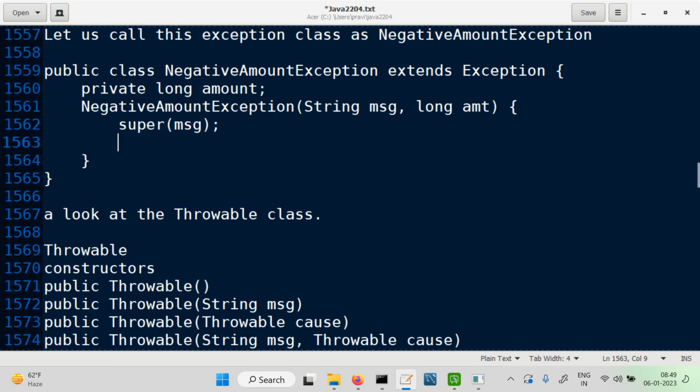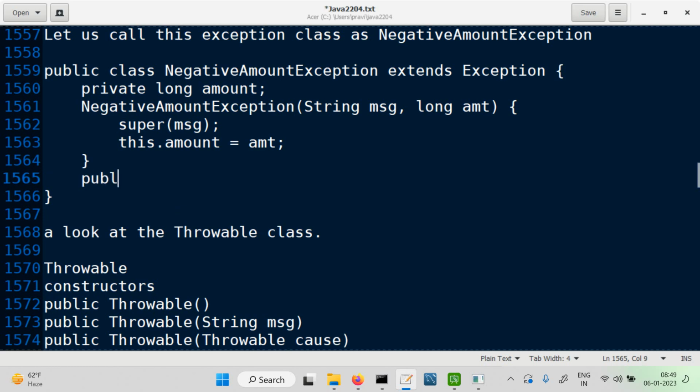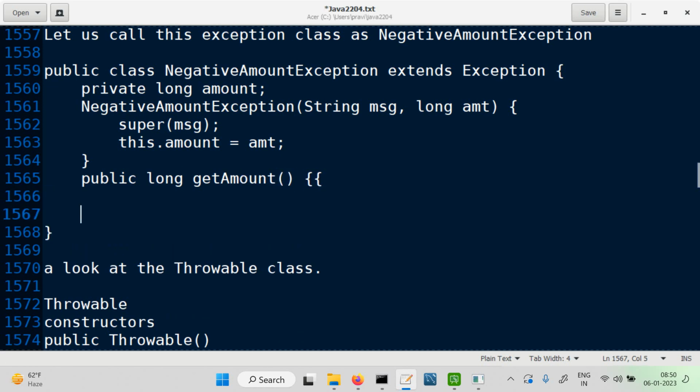Why did we need to know the constructors of the superclass? Then we can just say this.amount is equal to amt. The method to get the message is already inherited. Provide the additional method to return the amount, getAmount,